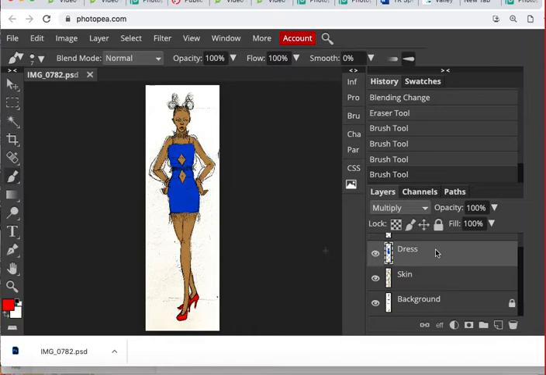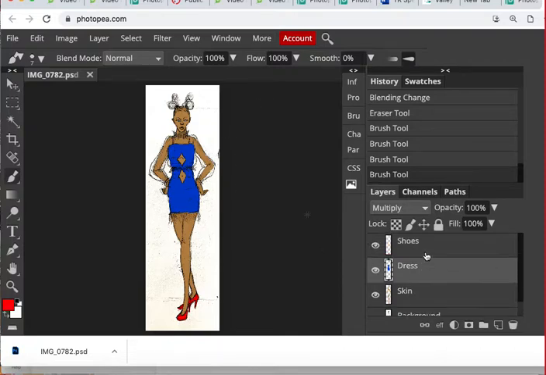Let's look at this, and let's say I come back tomorrow and I decide I don't want a blue dress. I want to change the color of the dress. So what do I do? Do I erase the whole thing and just make a new one? Well, I can click on that layer. You can see how I'm selecting different layers here. I'm going to click on dress. I'm going to show you some advanced tools here. One of them's under image,